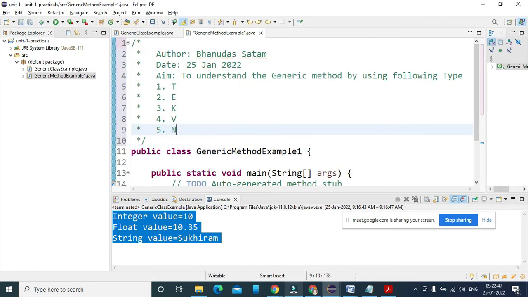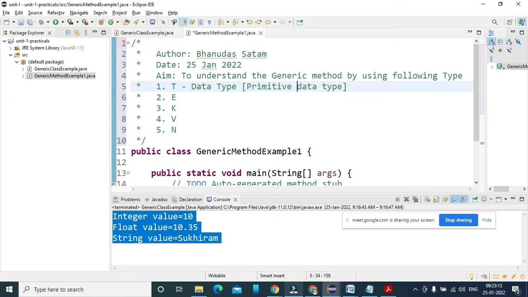So what is this? Type means a data type here, of integer kind, so all primitive data types, as well as non-primitive data types. If you are using a structure or class as a data type, you are allowed to do so.